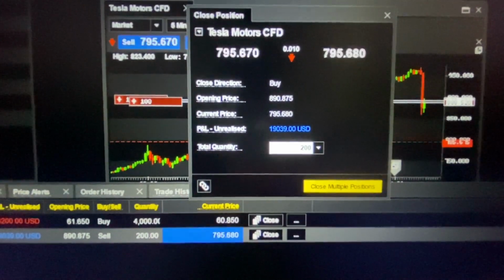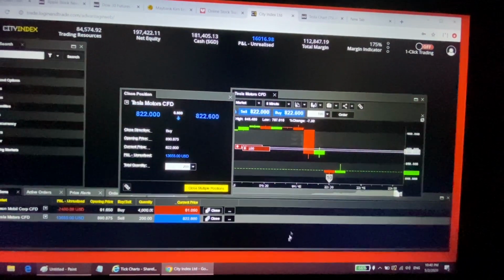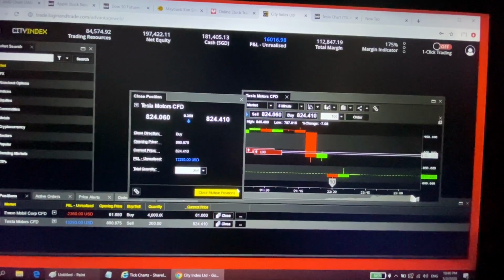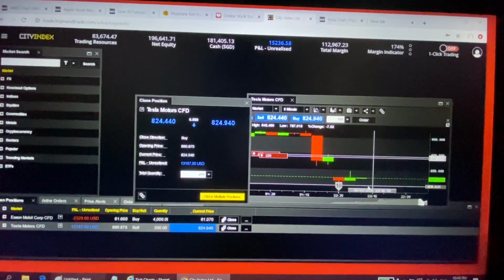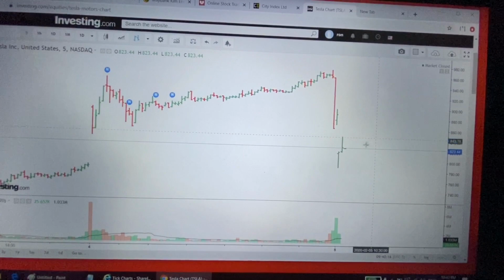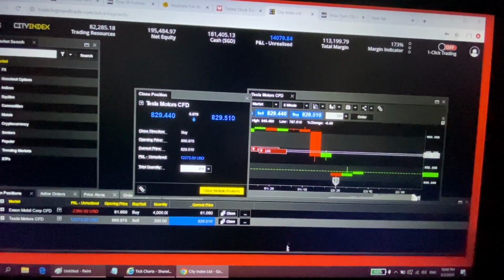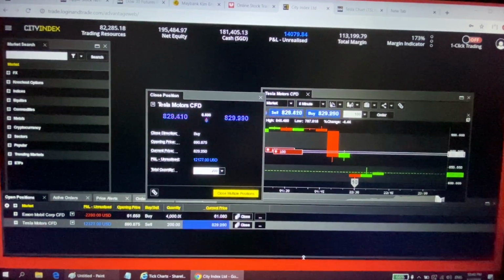Can you see the profits escalating? 19,000 now, right? Okay. All right, two bars down, one red bar, one green bar. I believe I'm going to lock in Tesla's profit soon. I hope this bar can break down. I really hope this bar can break down. Let me see how Tesla looks. I really hope this bar can break down a little bit for me to lock in some good profits in Tesla, because the stock just met with a lot of sellers taking profits. So I expect the stock to tank down a little bit more before I look to lock in profits, but